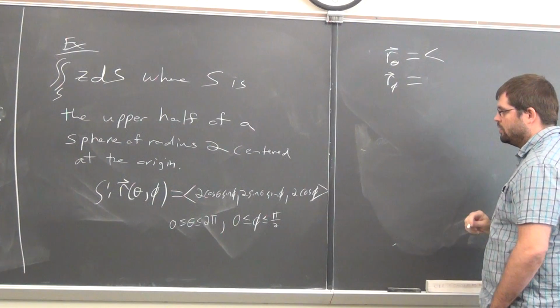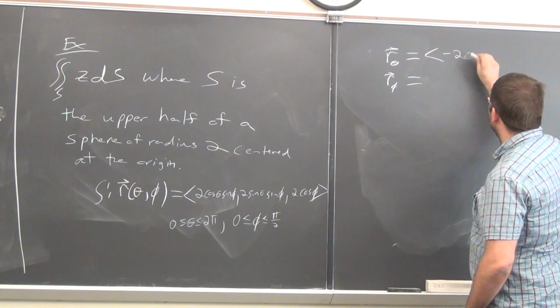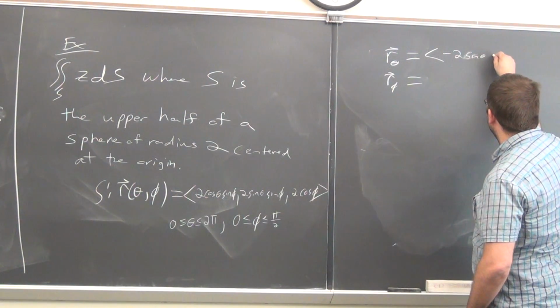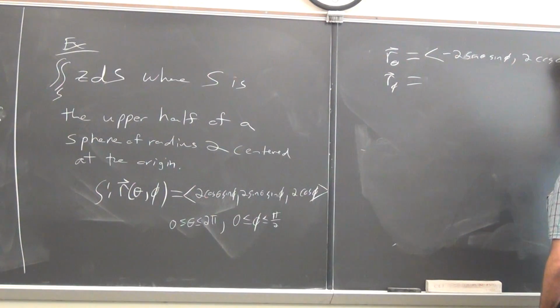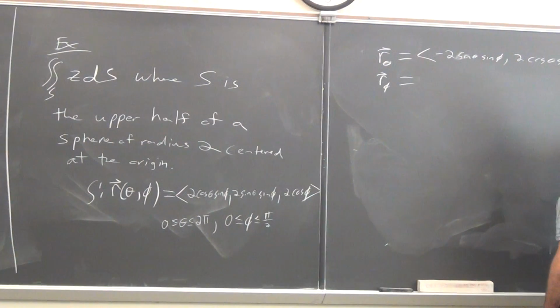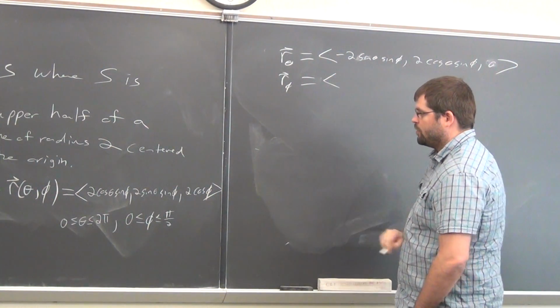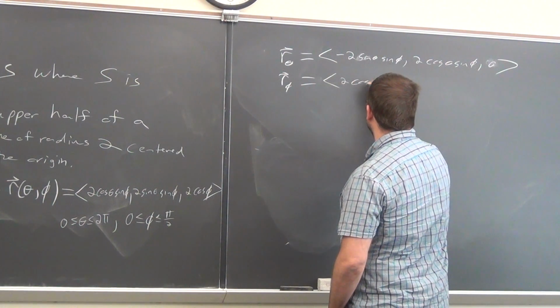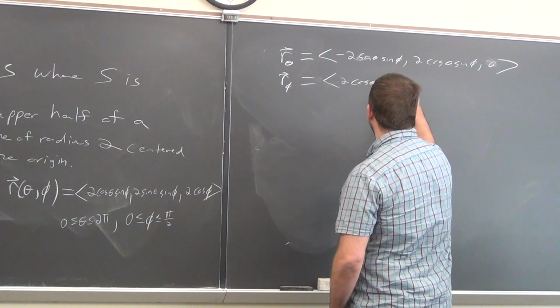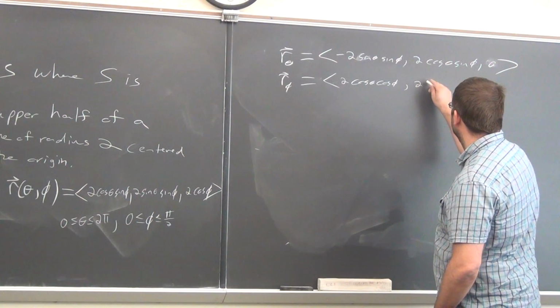Minus 2 sine theta sine phi, 2 cosine theta sine phi, and then 0 here. And then with respect to phi: 2 cosine theta cosine phi,